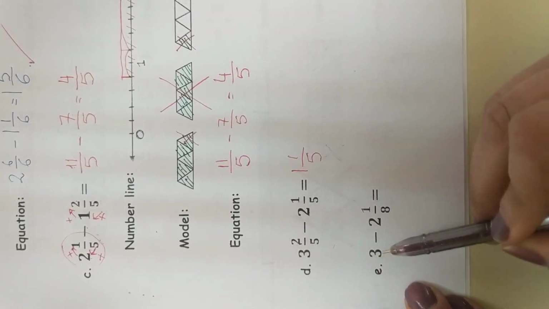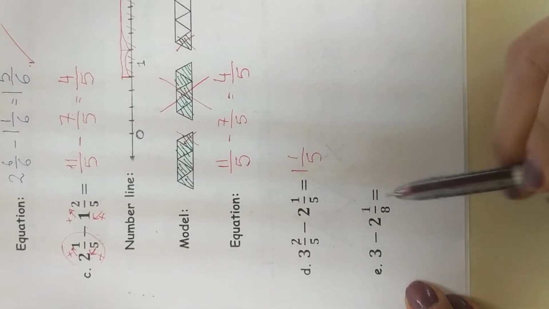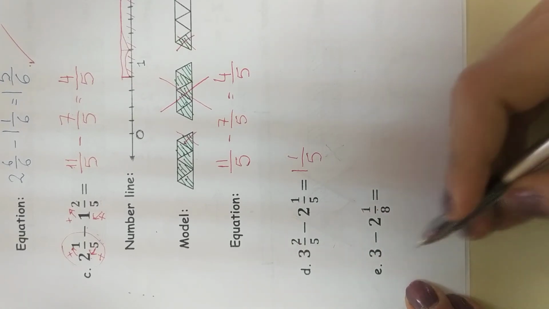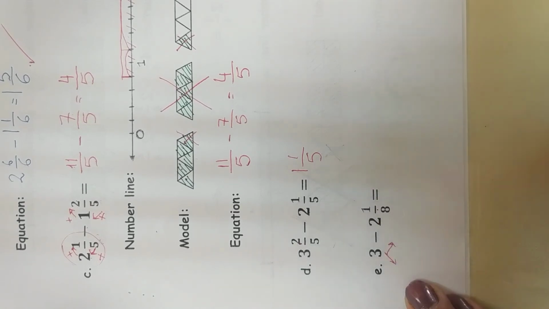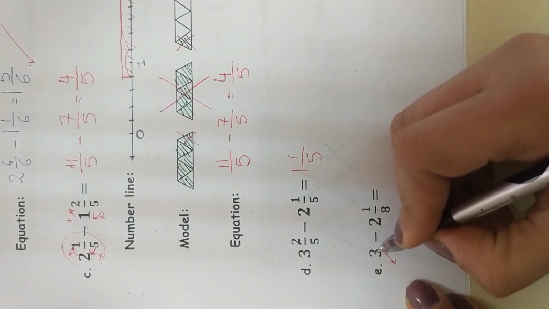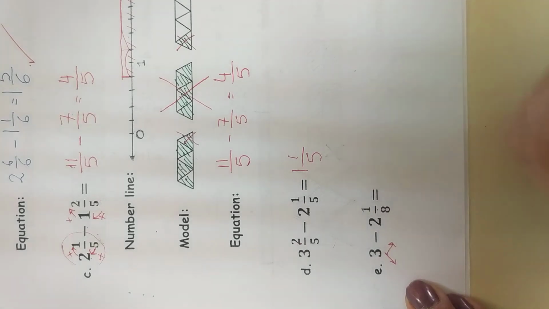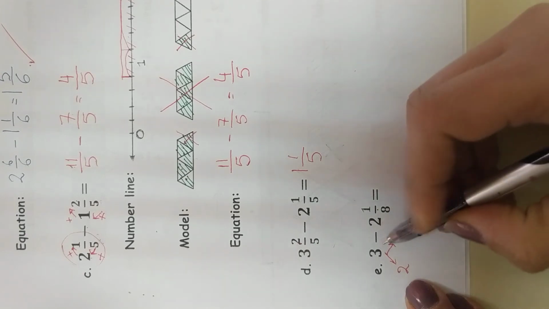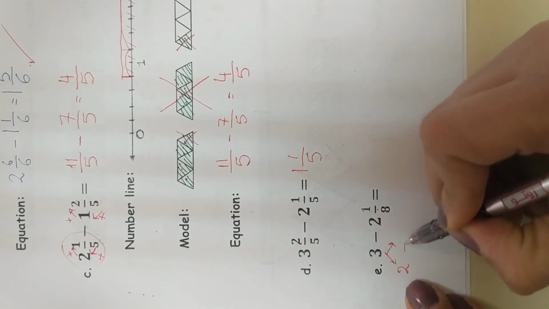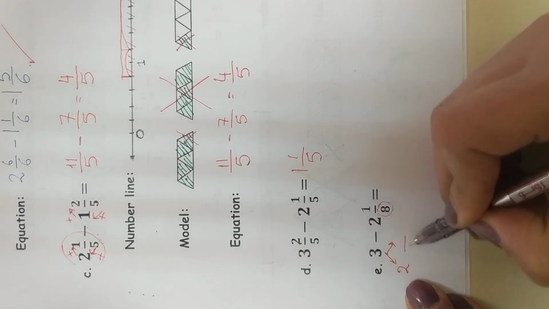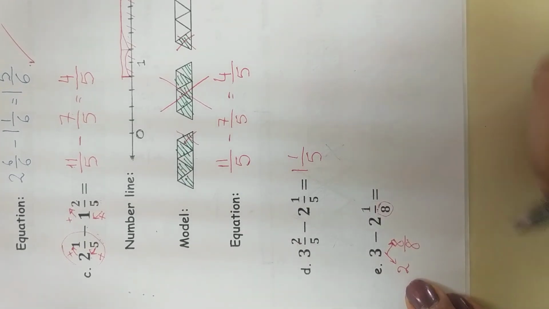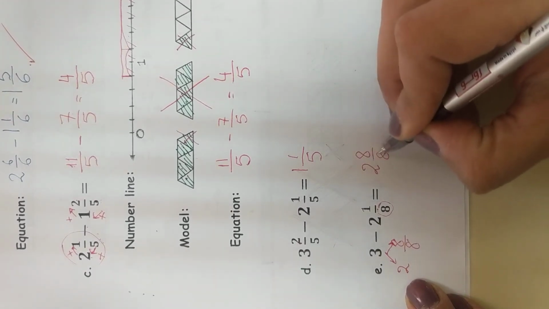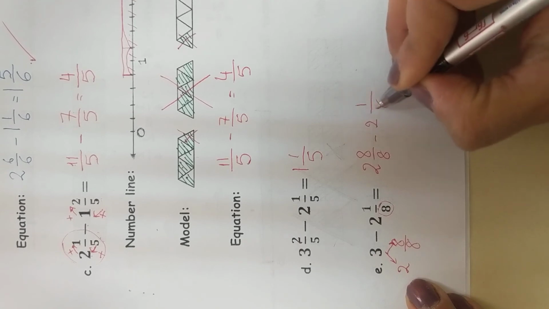What about here? Here I have 3 as the whole number. Can I subtract a fraction or improper fraction or mixed number from a whole number? No, I have to break this number into 2 parts. 1 less than my number, 3, is 2, and 1 remains. Okay, here I will put, according to the denominator, 8 over 8. The equation will be 2 and 8 over 8 minus 2 and 1 over 8, which will be